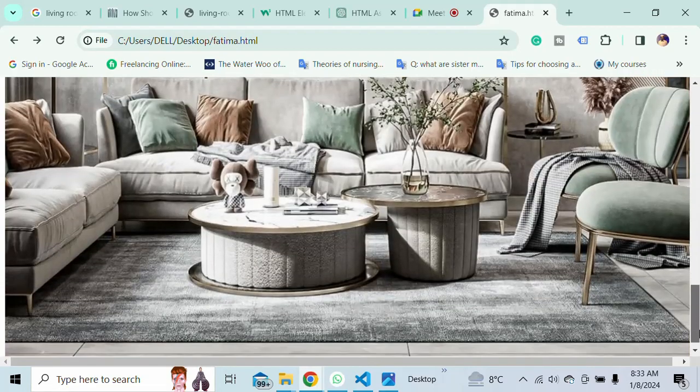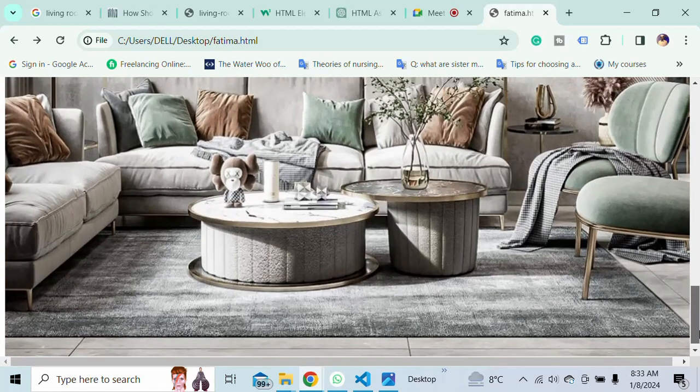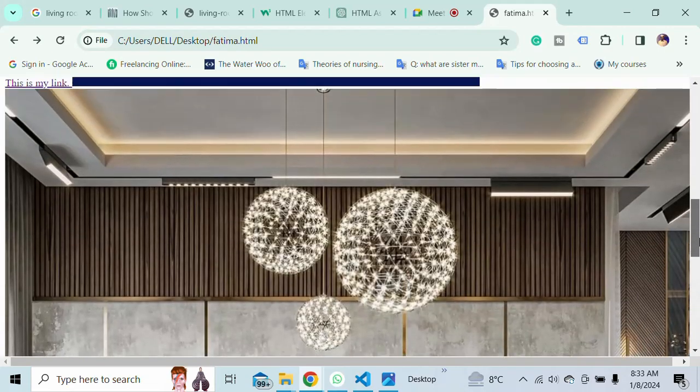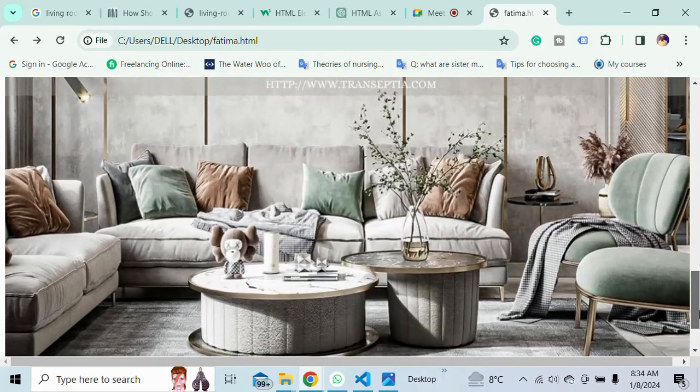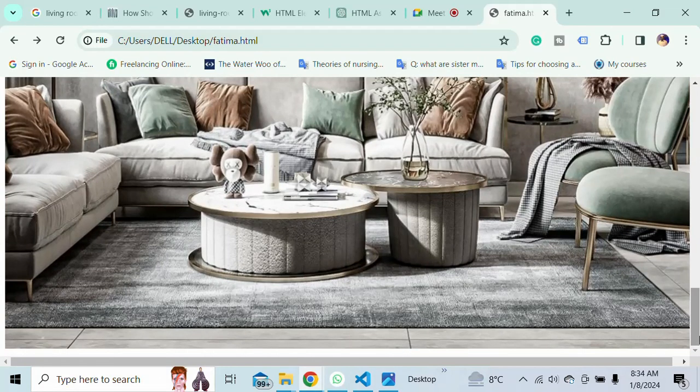I didn't provide any width and height for the image, that's why it is taking the whole screen, because this picture has a resolution for my whole screen. So this is appearing as it is, how it has been designed. Okay, so the purpose of this was to tell you that you can also use some picture that has not been downloaded in your system. You can use the source address of any online picture, but it is a better option that you download the picture first and then use its source address. Okay,